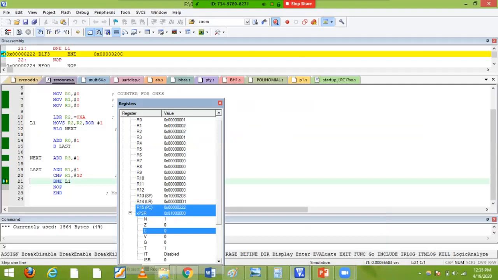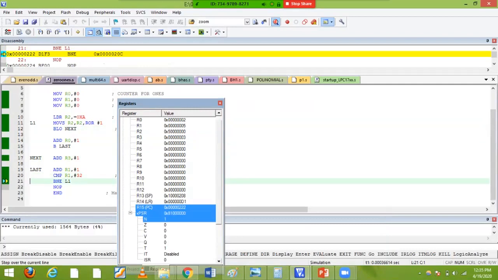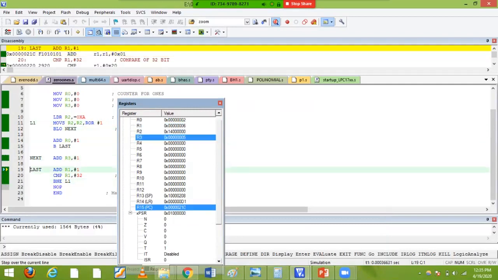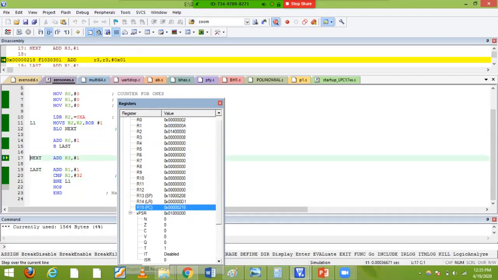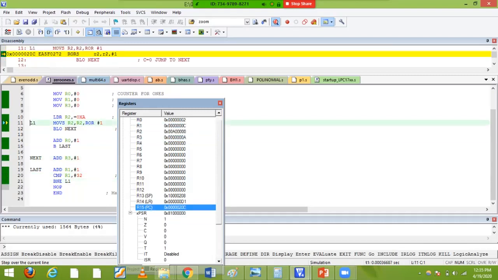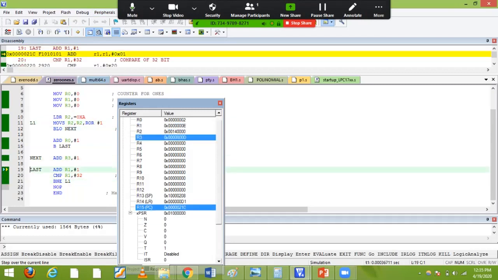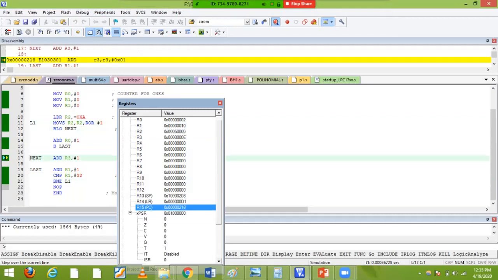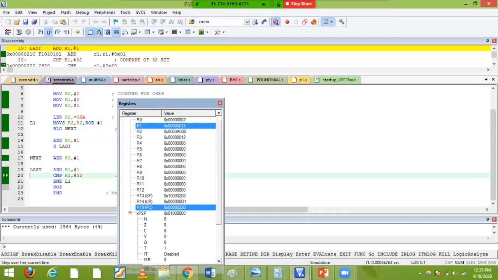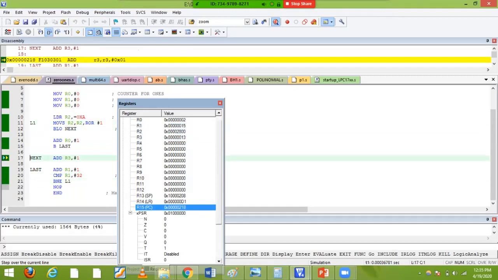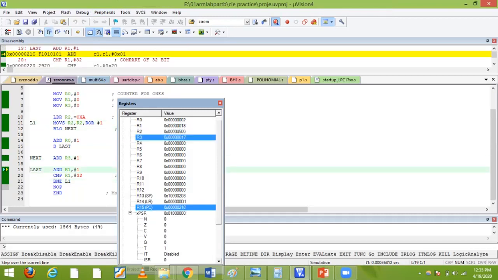This process continuously repeats: 3, 4, 5, 6, 7, 8, B, C, D, E, F, 10, 11, 12, 13, 14, 15, 16, 17, 18, 19.